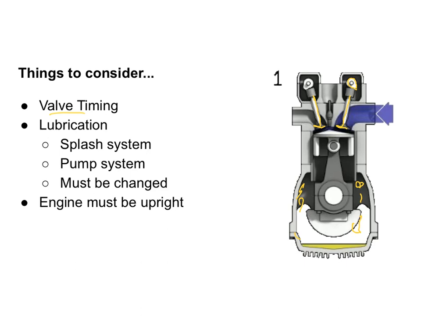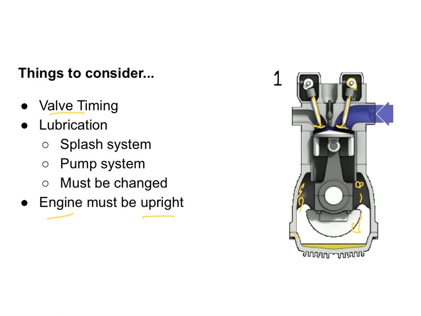And the other thing for a four-stroke engine, which you don't have to worry about with a two-stroke engine, is the fact the engine has to be upright. Lawnmowers and snowblowers that are four-stroke don't work very well upside down. They need to be right side up in order for the engine lubrication to work. So those are just three of the things that are important to consider when you're working with small